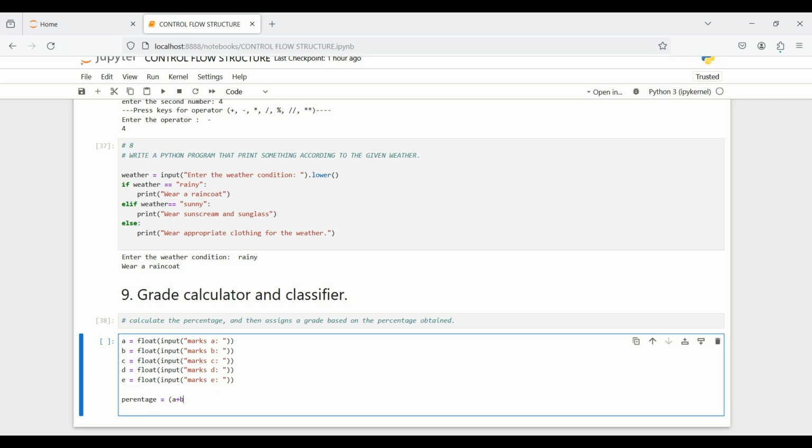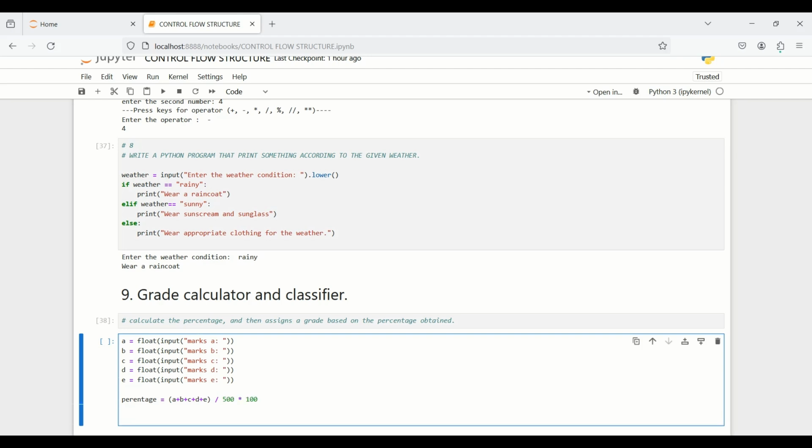Okay guys, now we will create a percentage variable. Percentage equal to a plus... how to calculate percentage? Sum of all numbers upon total numbers, multiplied by 100 to convert into percentage. Okay guys, so a plus b plus c plus d plus e, divided by the total number, and then times 100. Now print percentage